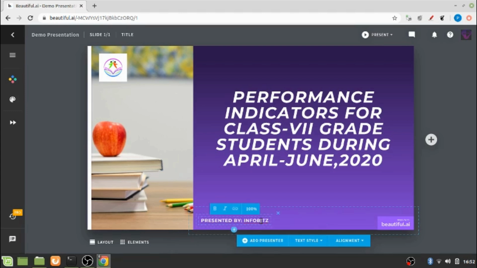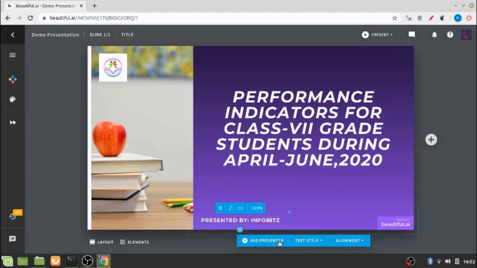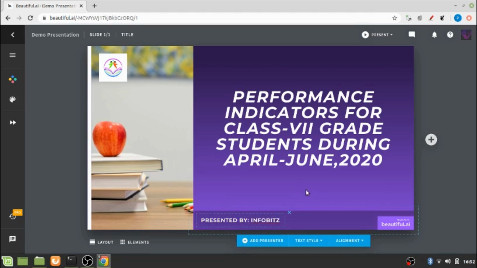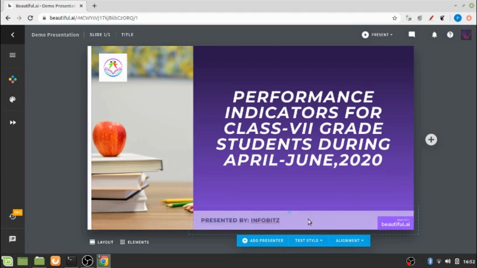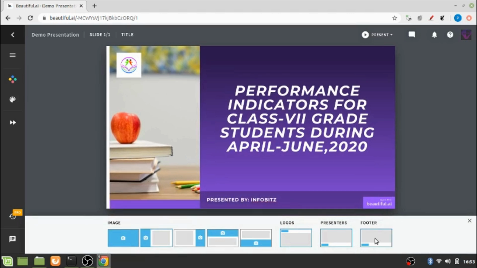Okay, you can also increase or decrease the size by dragging this text scale. You can change the text style. Say I choose this dark backdrop, so the text style has been changed. If I choose this transparent backdrop, then again going to the layout, there is one option for footer.